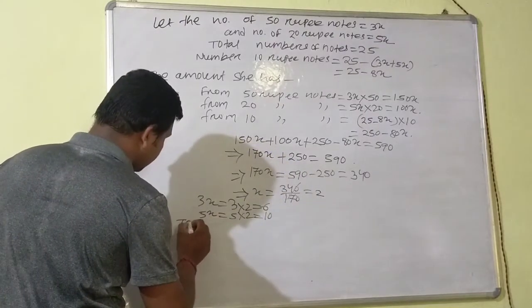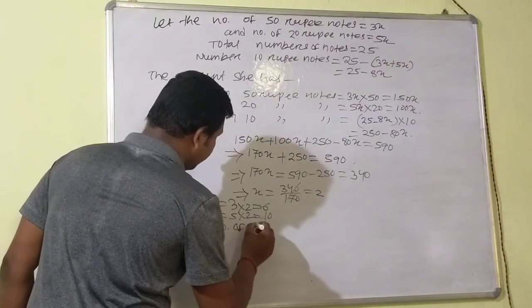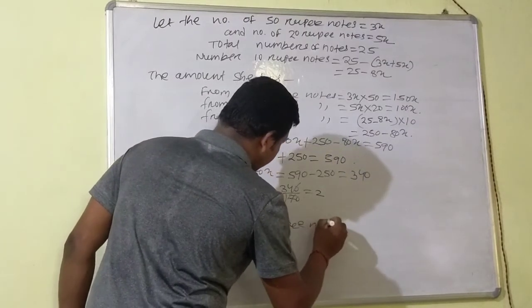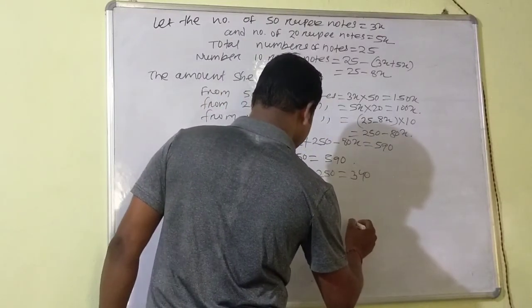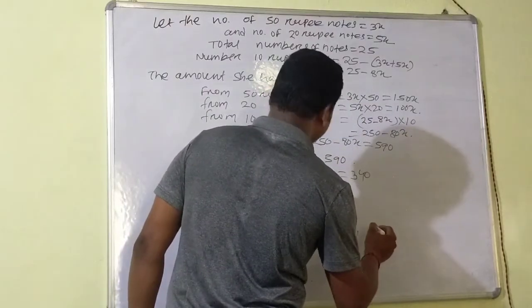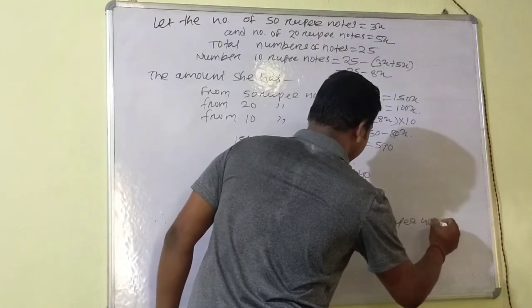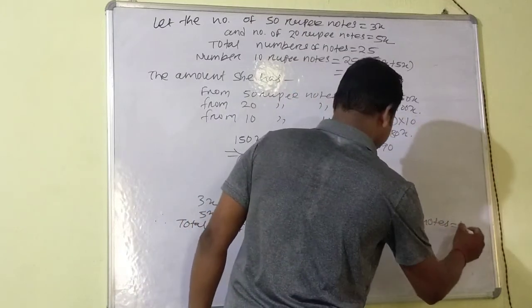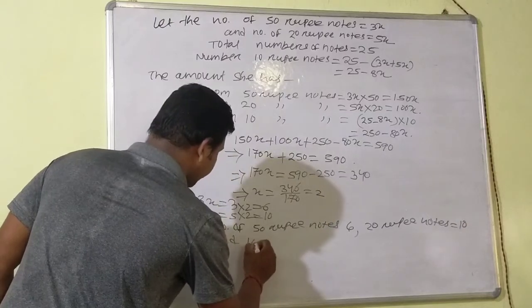Therefore, the total number of 50 rupee notes is 6, 20 rupee notes is 10, and 10 rupee notes